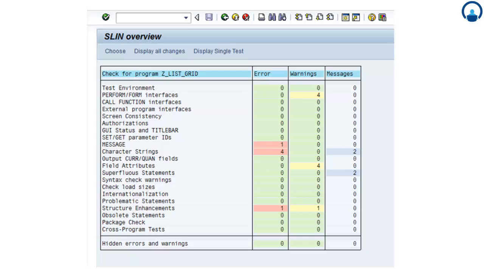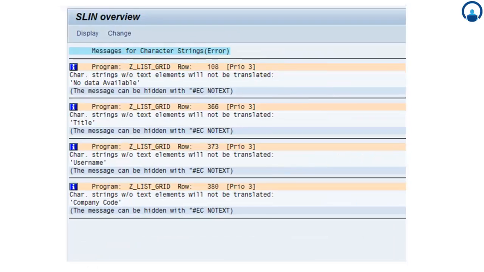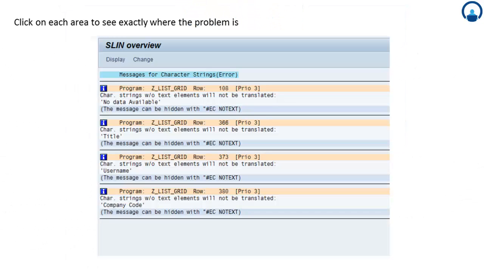Here we have errors and warnings. The error is provided under the check message and character strings. Also under the structure enhancement we have one error and one warning. By double clicking on any of these points, we can go to the detailed view of that item. Once we double click on this character string, that is the number of errors, it will take us to the detailed overview screen for the messages for